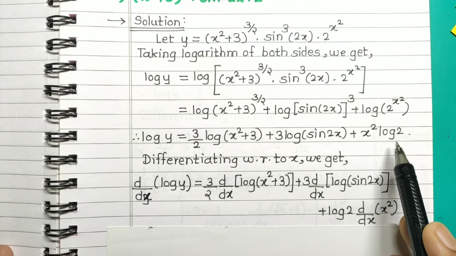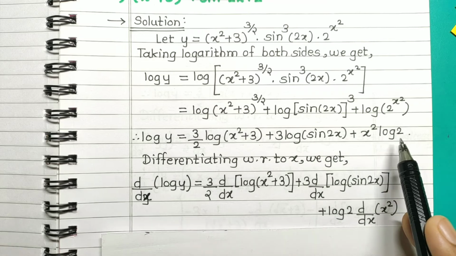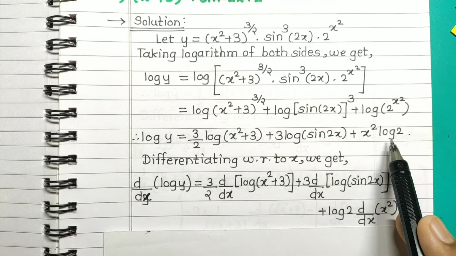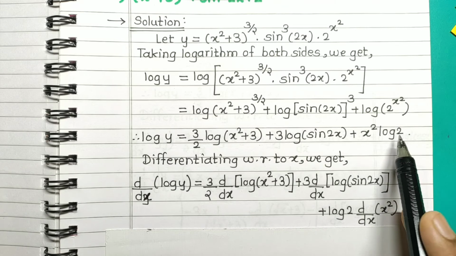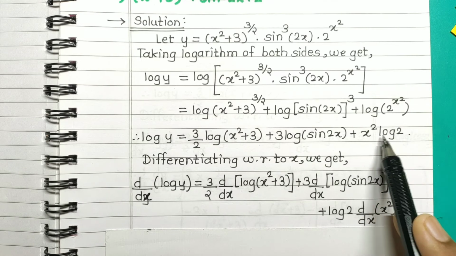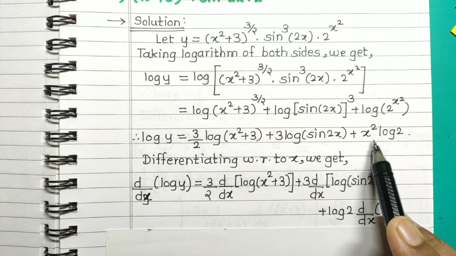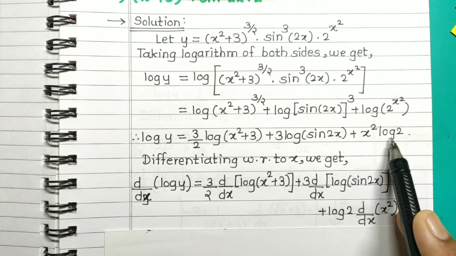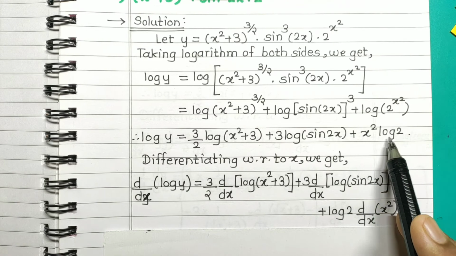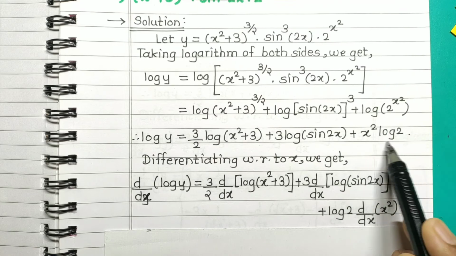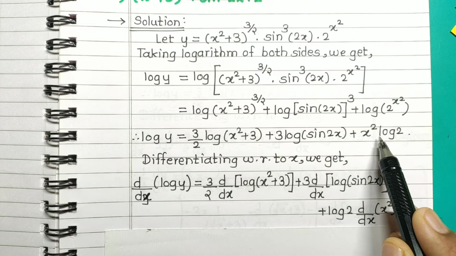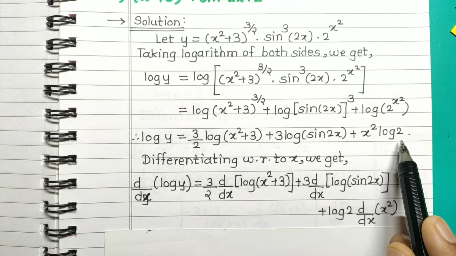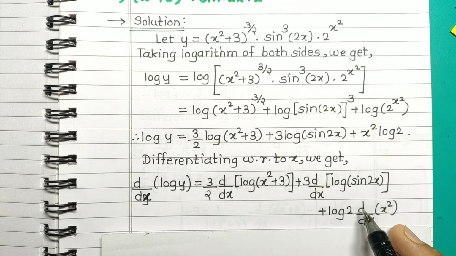You observe this correctly and you note this very properly. Here log 2 is constant. Sometimes students use the product law to evaluate the derivative of such products. Some students sometimes write the derivative of log 2 as 1 upon 2, which is totally wrong. See here, you note that log 2 is a constant term.